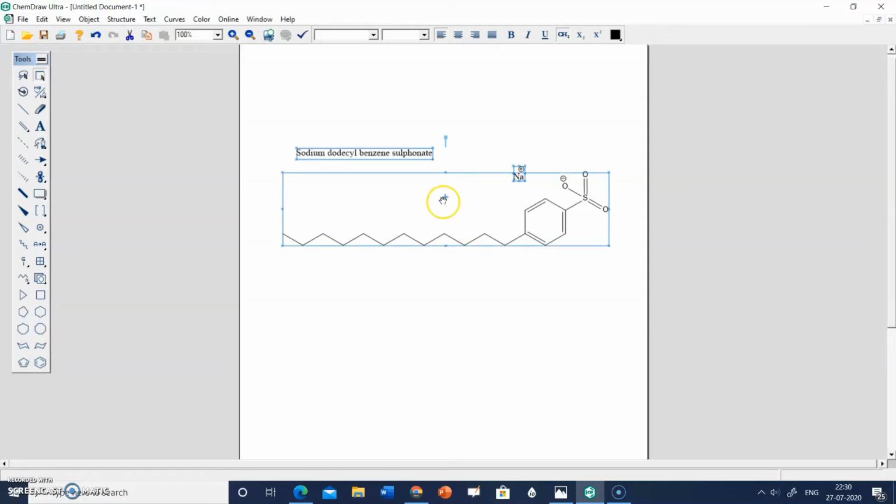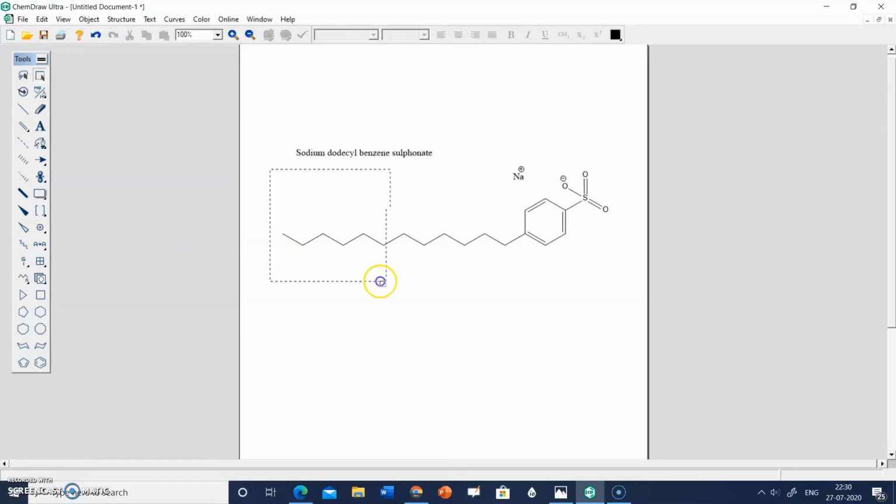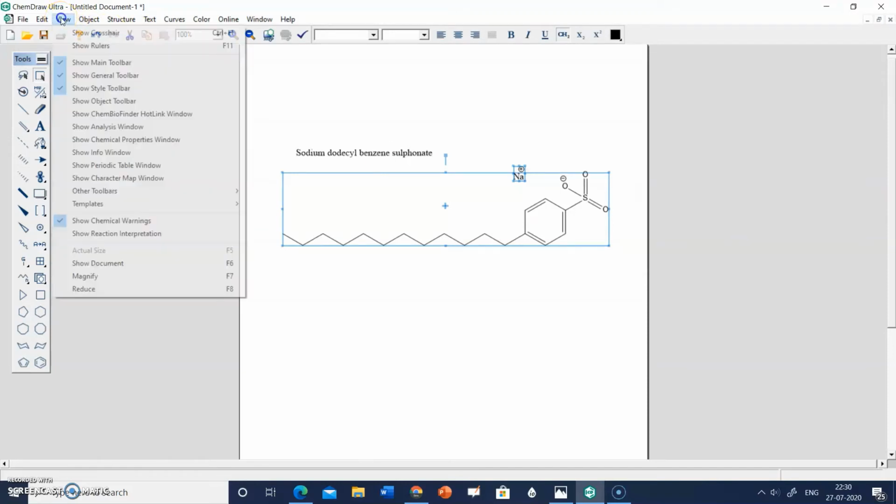Now if you have drawn this structure and want to analyze it, select the molecular structure, then click on view and then click on show analysis window.